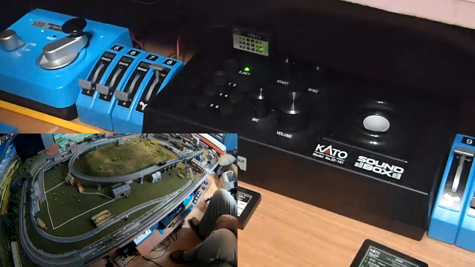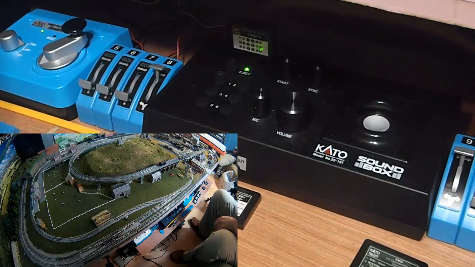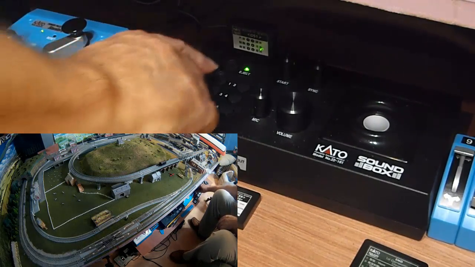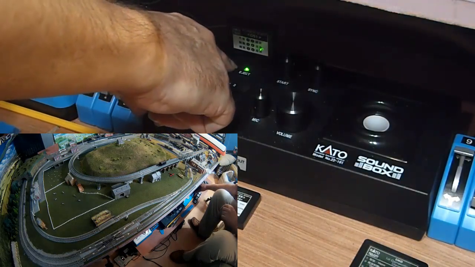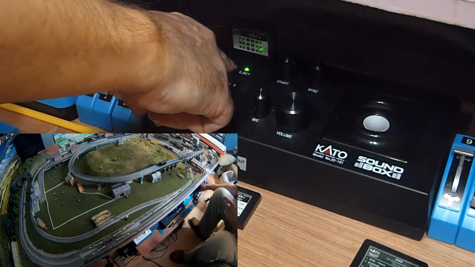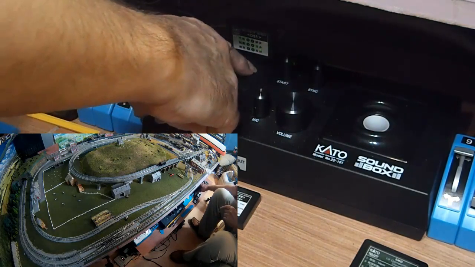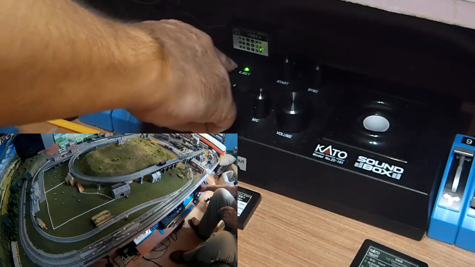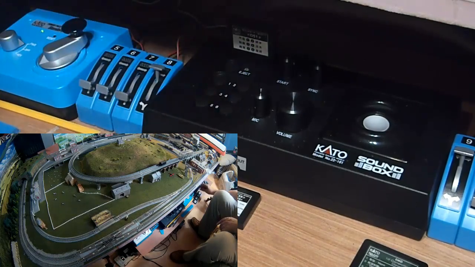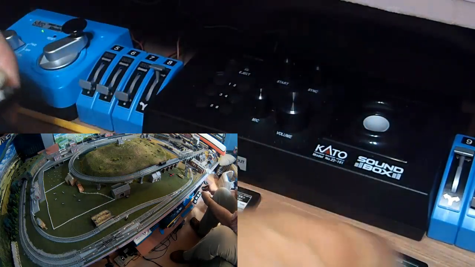Okay, now I've put a new battery in the camera, and just to finish off, I want to demonstrate my one and only diesel, which is a little LMS Diesel Shunter, because I don't really do diesel. I'm modelling the 1930s, and there weren't a lot of diesels around in the 1930s, but this is one type of diesel that was around in the 1930s, a little LMS Shunter. So we press the eject, and we'll take out the D51 steam card, which we got in there,